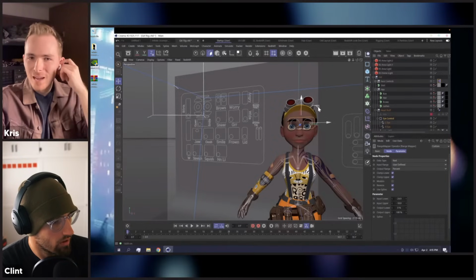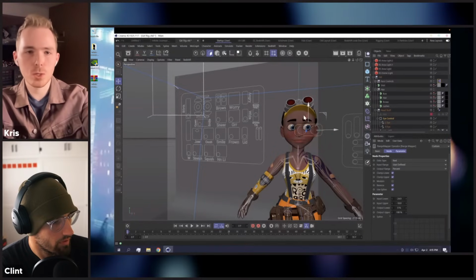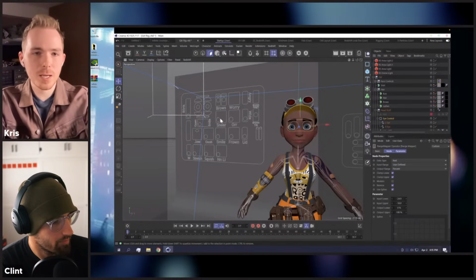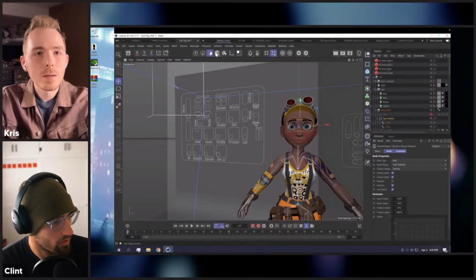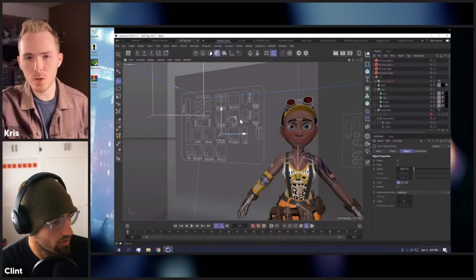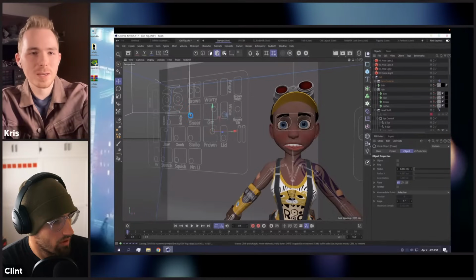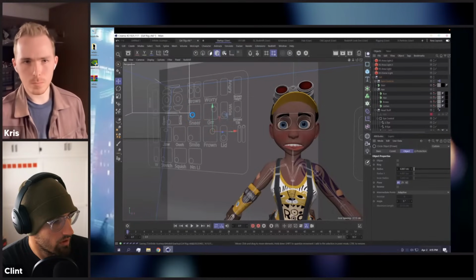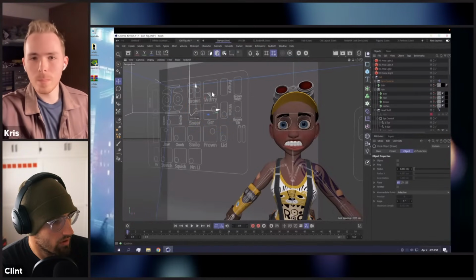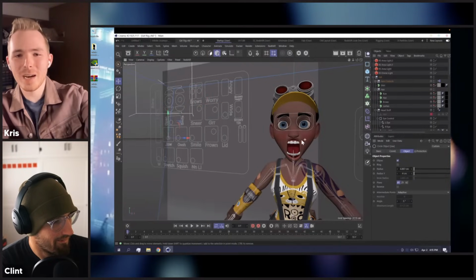Yeah, Xpresso. I'm also very inexperienced with it, but it can be crazy good, especially when you're trying to rig a character. With the character rig made, I can now make her smile, make her do a smirk. I can then combine these things to create these weird looking shapes. Whatever I'll need the character to do. I can easily break it, obviously, but